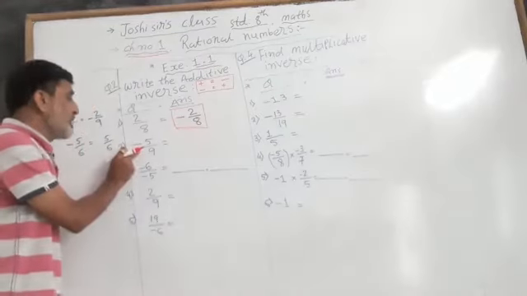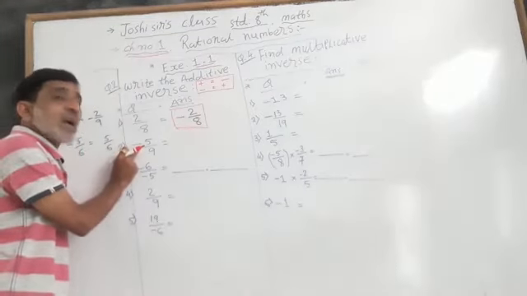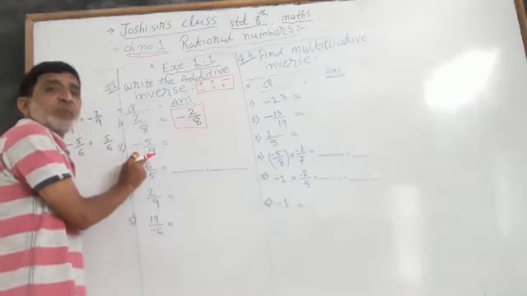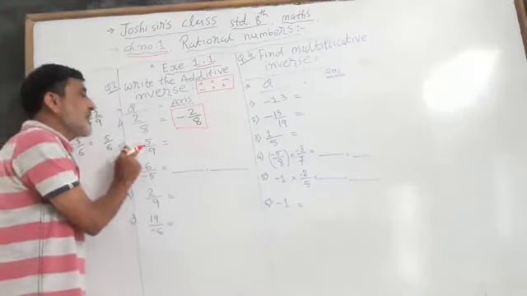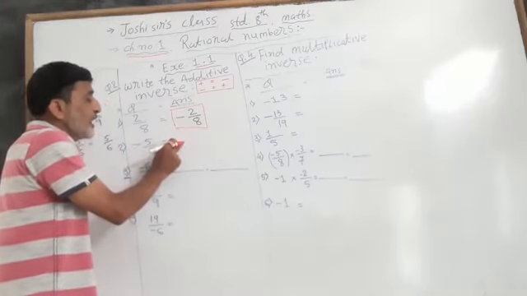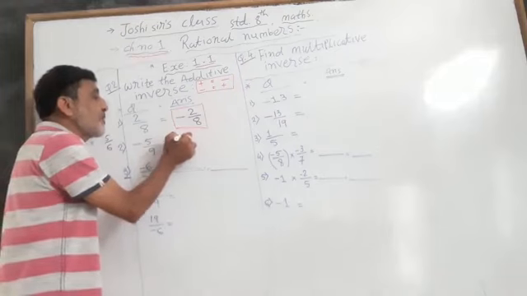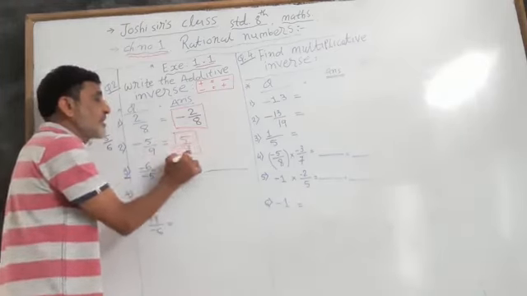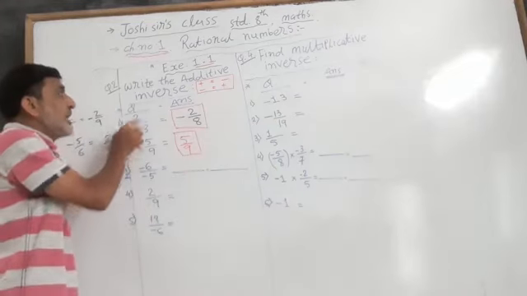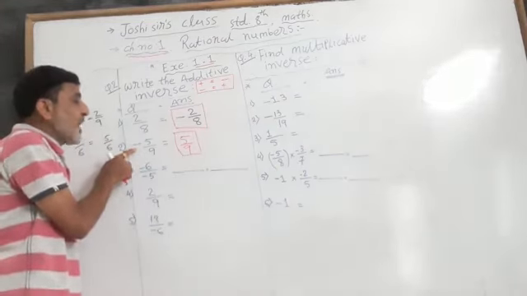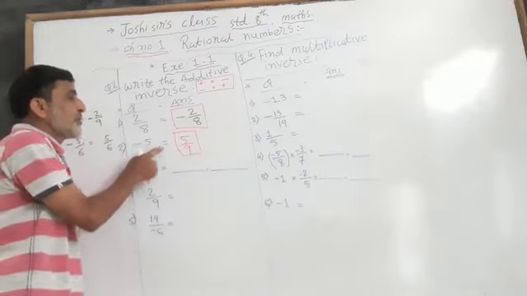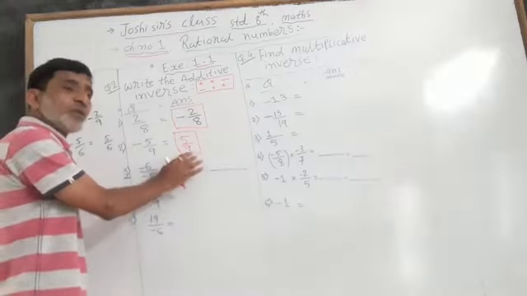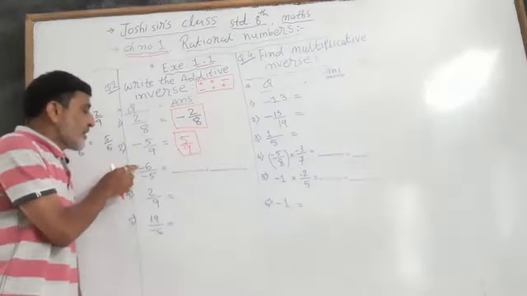Now see question number 2. Minus 5/9 is the question. Now for the answer, first we will change the sign. Minus sign is given, so it becomes plus sign. Now write 5/9. 5/9 is the answer. So what will we have to say? The additive inverse of minus 5/9 is 5/9. Only the sign will be changed, the number will be the same. Now third question, minus 6/-5.